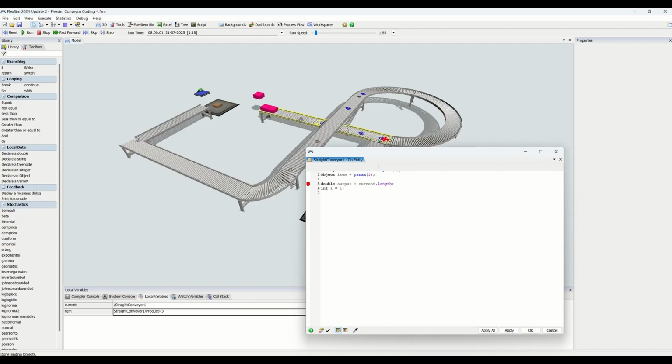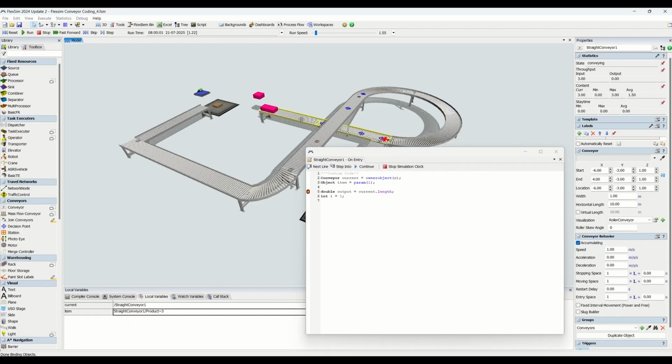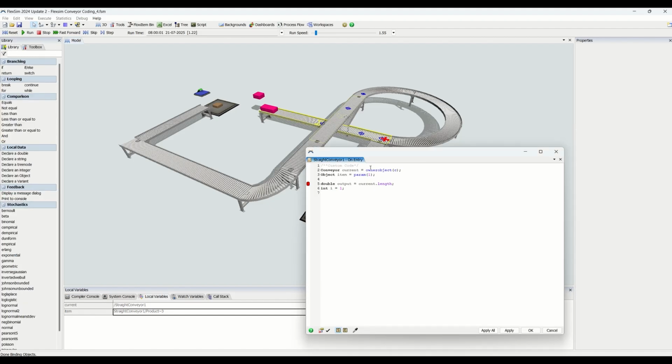So it's 10 here and it's 10 here. So you get the horizontal length of your conveyor by using the syntax double output equal to current dot length,